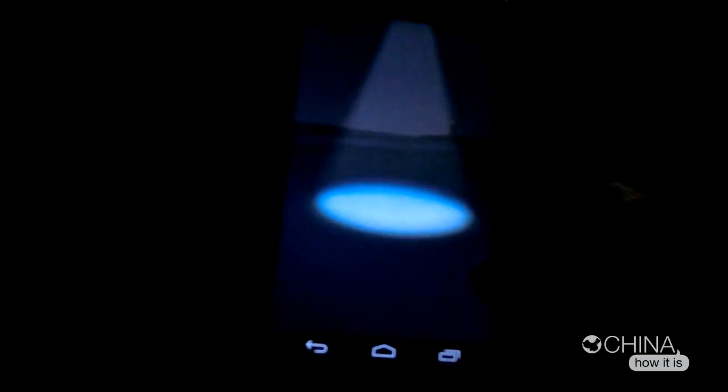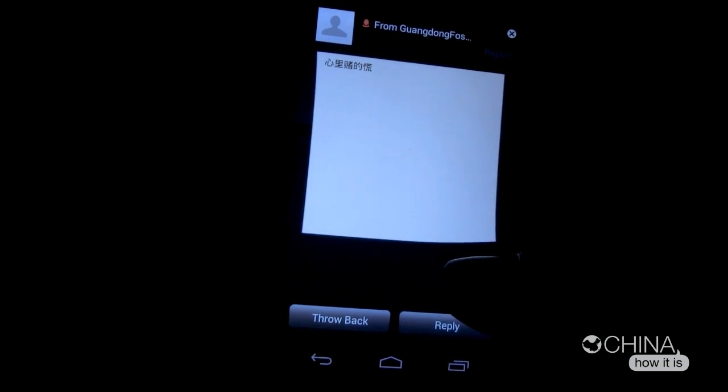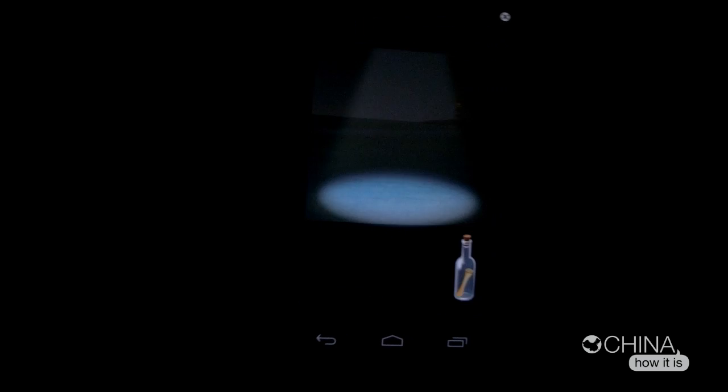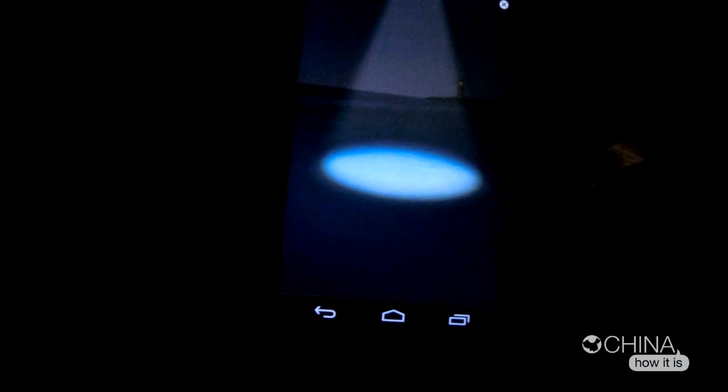I don't want a bloody starfish. Give me another one. Okay, what's this? Okay, Shinli something, whatever. Now the thing is, you can get some interesting random notes, but I'm not going to reply to that crap, so throw that back. And you can reply to them, and this is another way to just meet people.